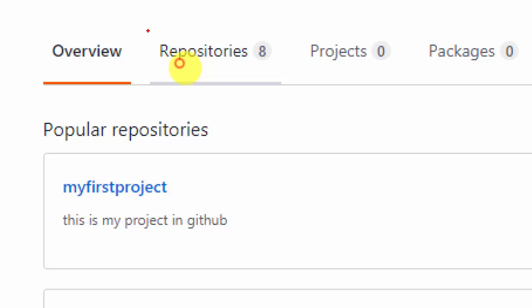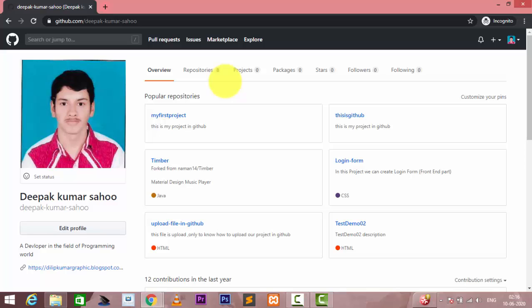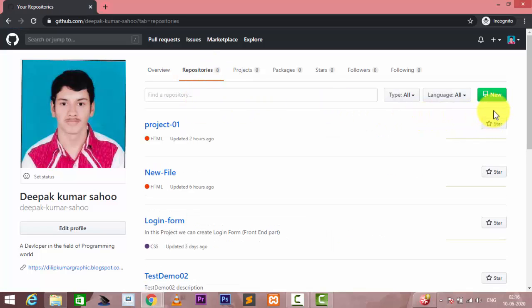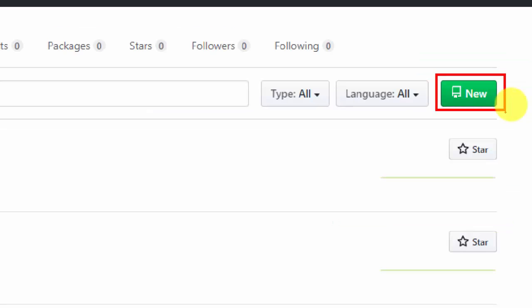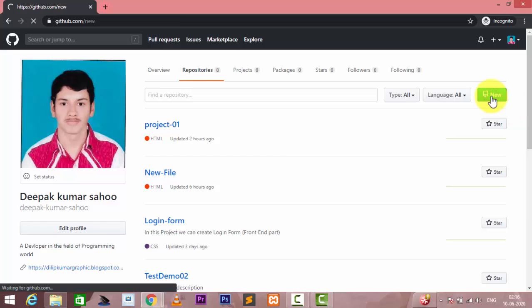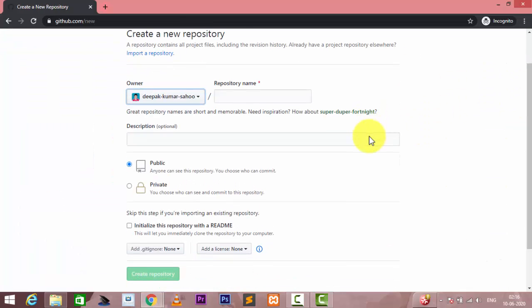Here is our repository, and after that I click here and create a new repository. Simply click on this button, and after clicking we create a page here. So this is the entire page.